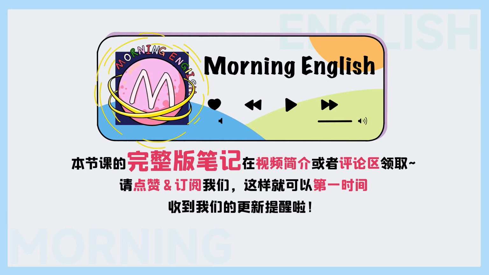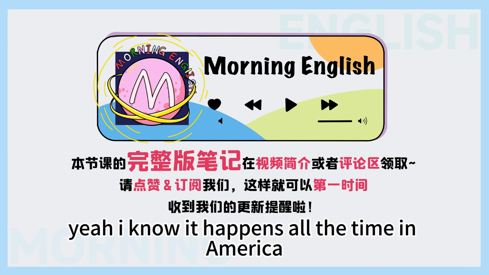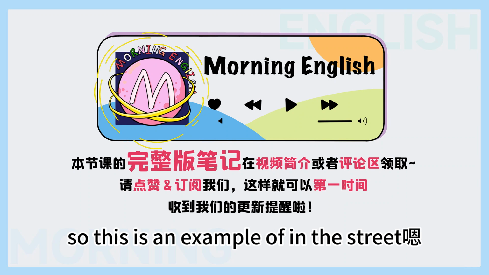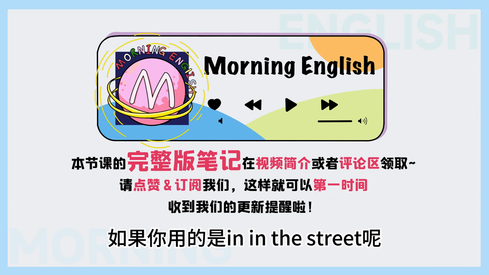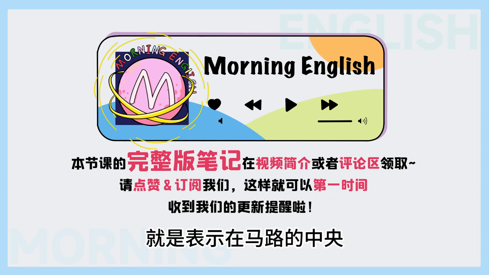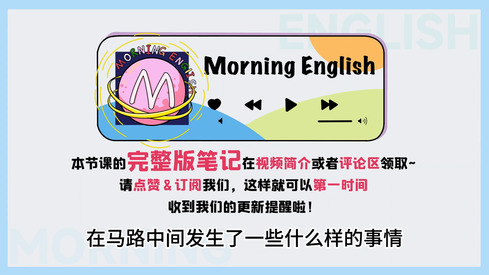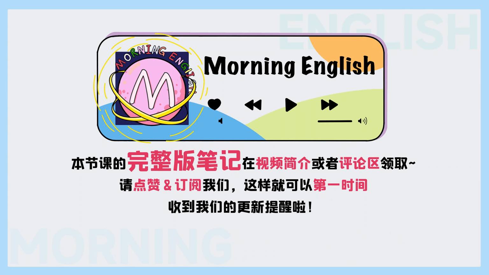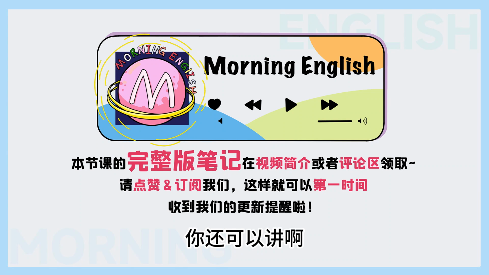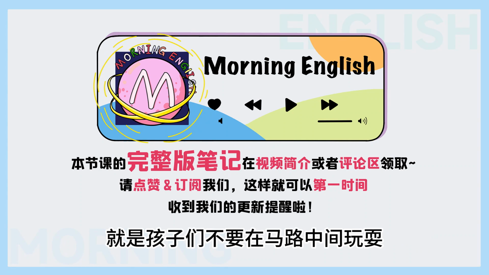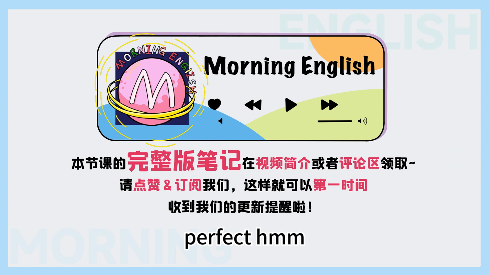It happens all the time in America, especially in the north. 那就是说如果你用的是 in the street 呢，就是表示在马路的中央，通常表示在马路中间发生了一些事情。比如你还可以讲 children shouldn't play in the street，就是孩子们不要在马路中间玩耍。